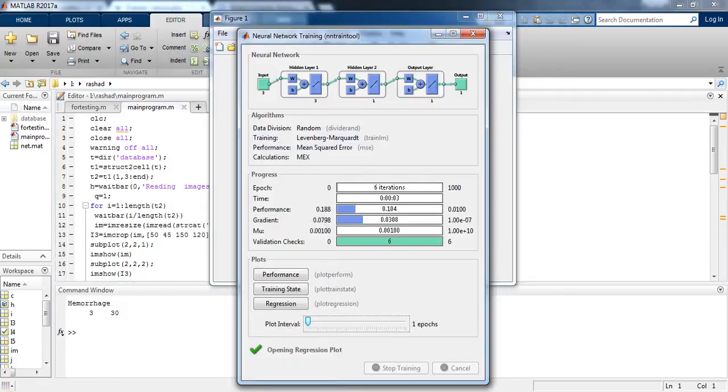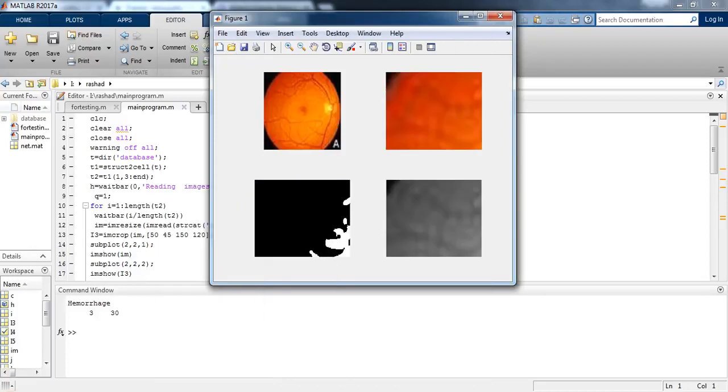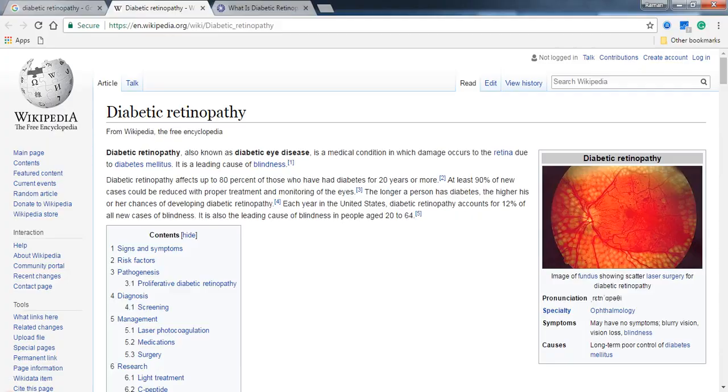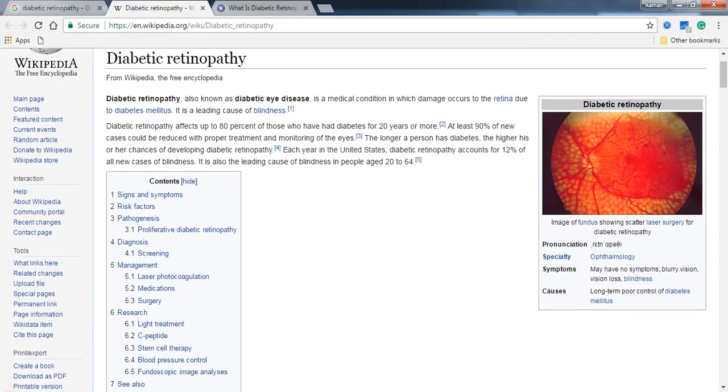This was the output. But before moving further, we need to understand what these images are, and what diabetic retinopathy is. Diabetic retinopathy is also known as diabetic eye disease. It is a medical condition in which damage occurs to the retina due to diabetes mellitus.